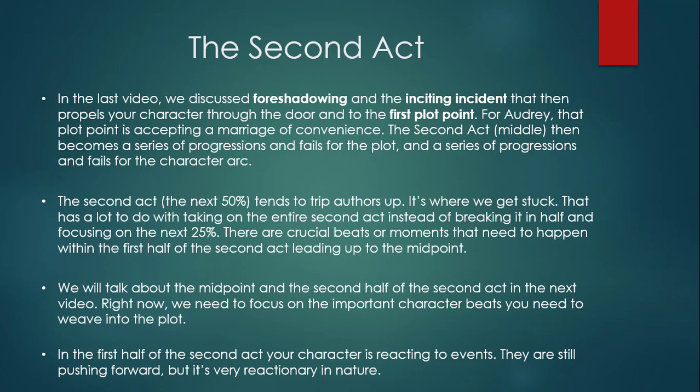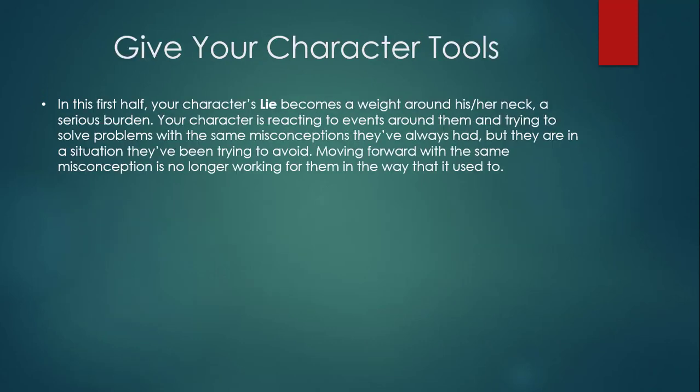So in this first half of the second act, your character is reacting to events. A lot of people in film will call this the reactionary stage. In plotting and formatting books or organizing books, we call it the reactionary stage as well. These events, this first plot point, your character is trying to get a handle on things, but it's very reactionary. It's almost as if the story is tugging them along and propelling them forward rather than them being in control. And that's because they're still operating under this lie and they're bumbling around and they're just not getting it right, okay? So it's pretty reactionary in nature.